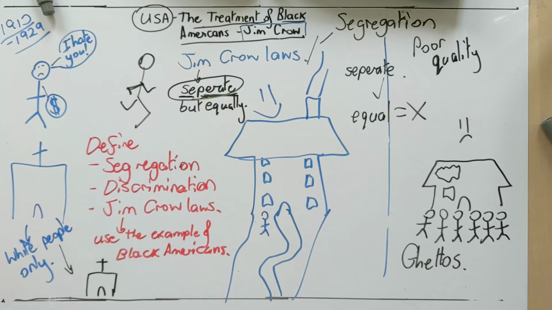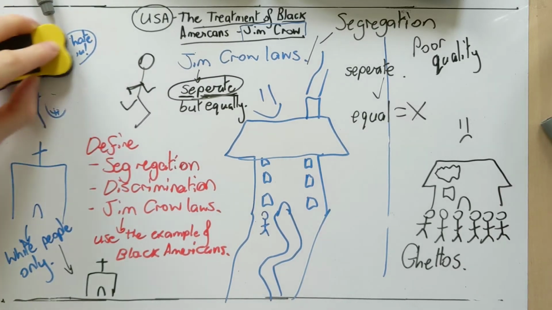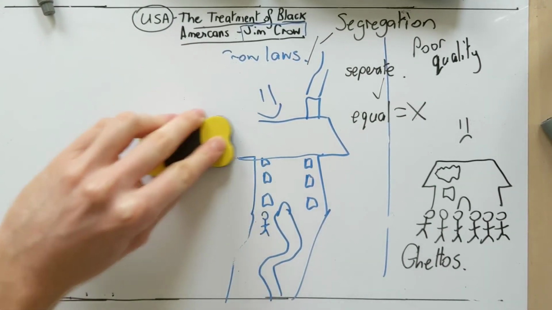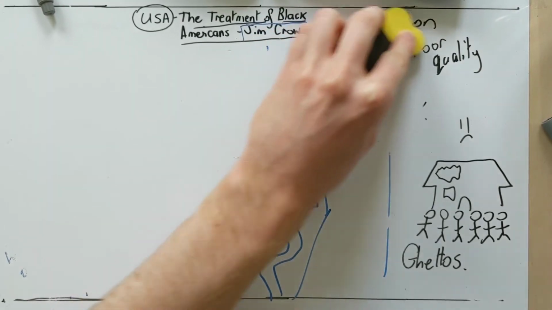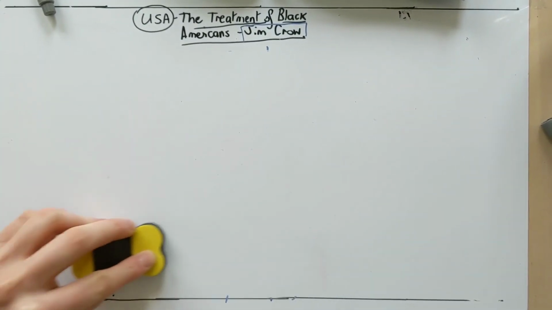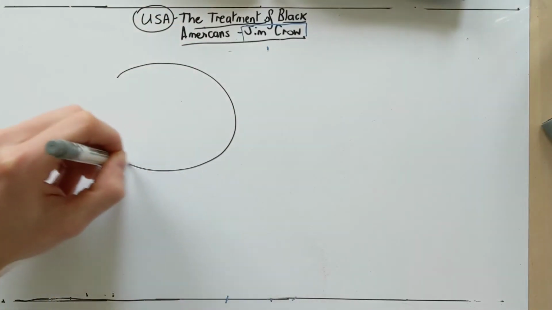So you need to make sure you're adding in the Black Americans there. Okay, so what we're now going to do is move on to almost like the red zone of the lesson. So, what you now need to do is I would like you to draw